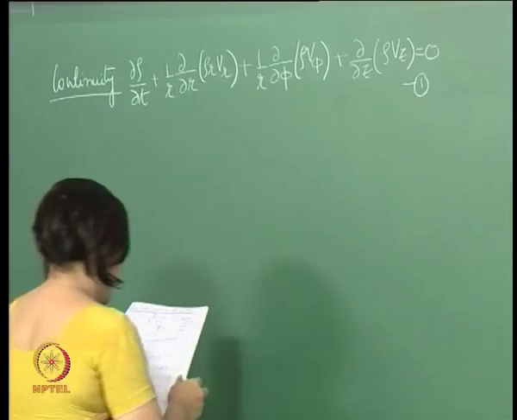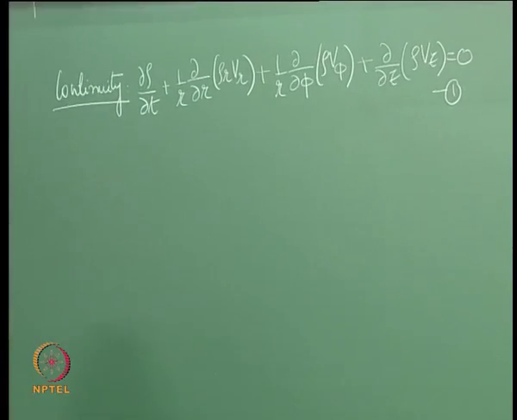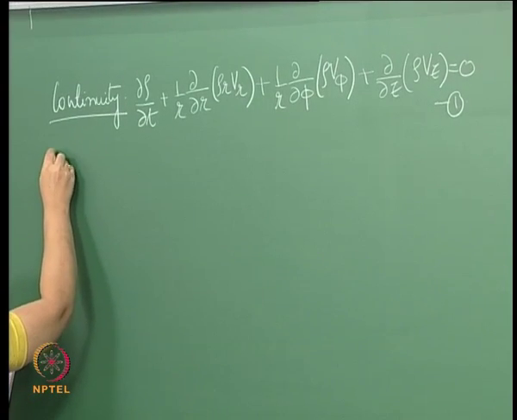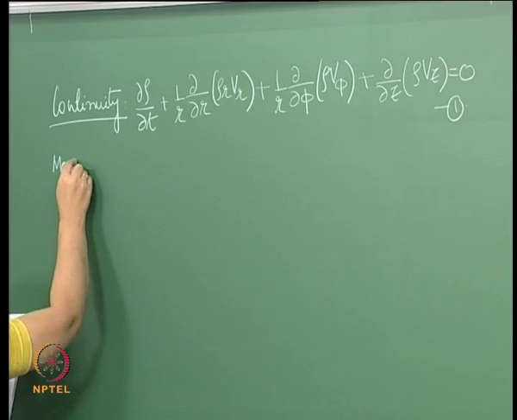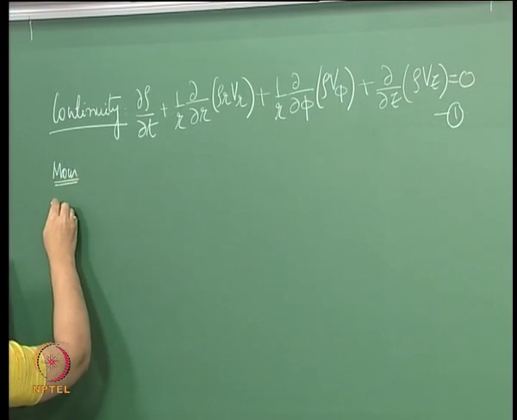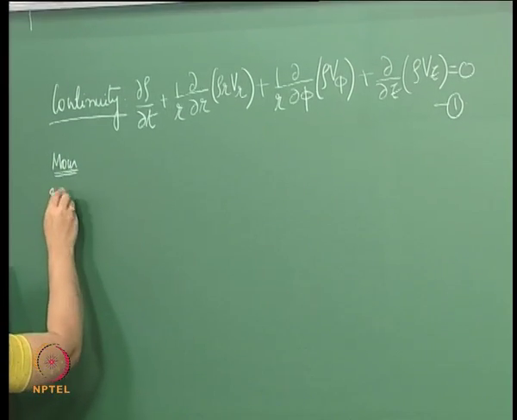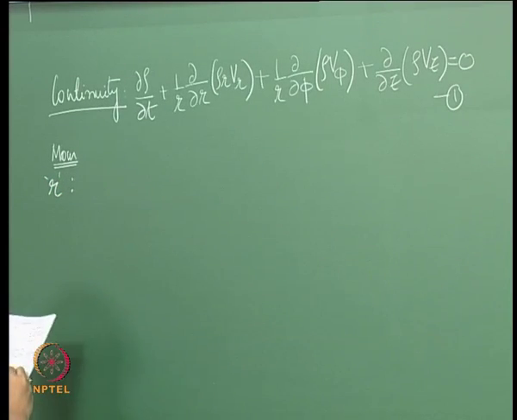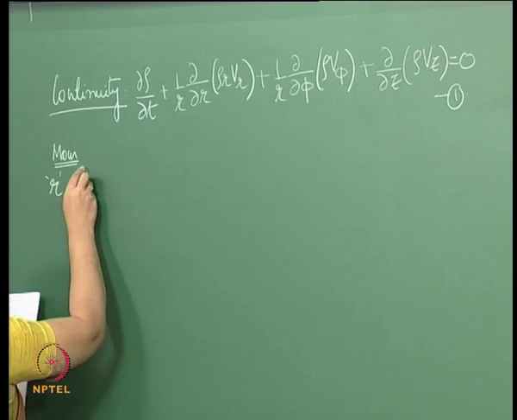Let us call this 1. That is what the continuity looks like. Then we will take momentum, first off in the R direction, momentum in the R direction. Now, that looks like